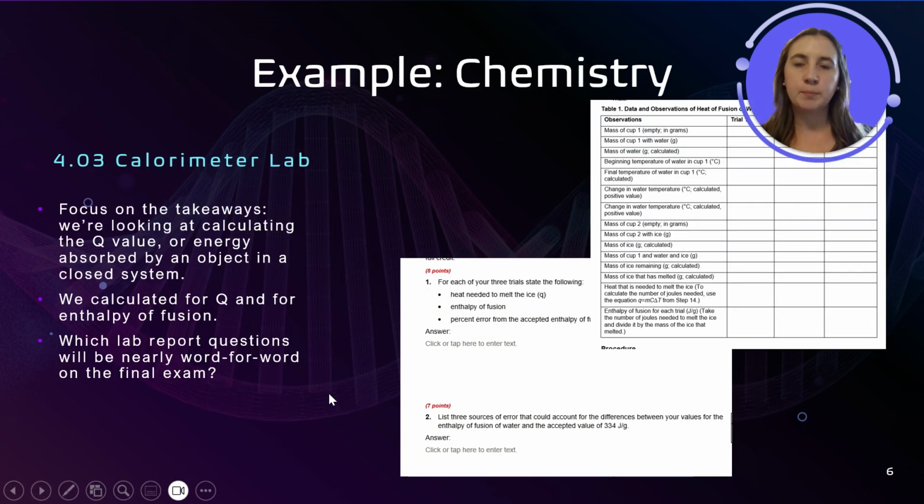For chemistry, I pulled our 4.03 calorimeter lab. Here's the lab table we collected as we were slowly trying to work through the calculation of Q and then enthalpy of fusion. And then your lab questions following that asked you to calculate Q, and then we divided by